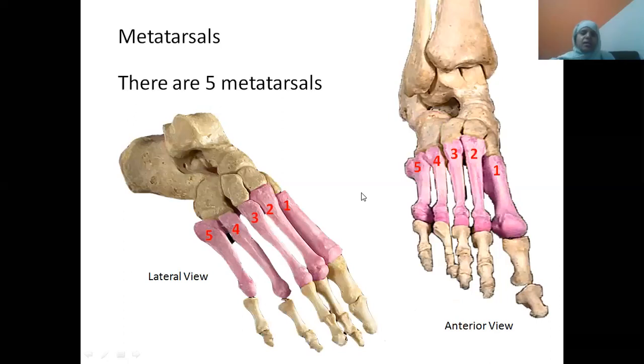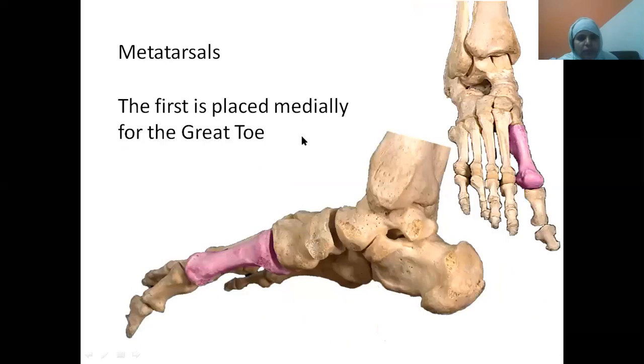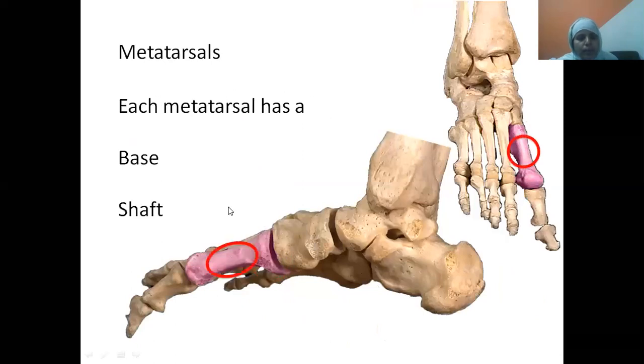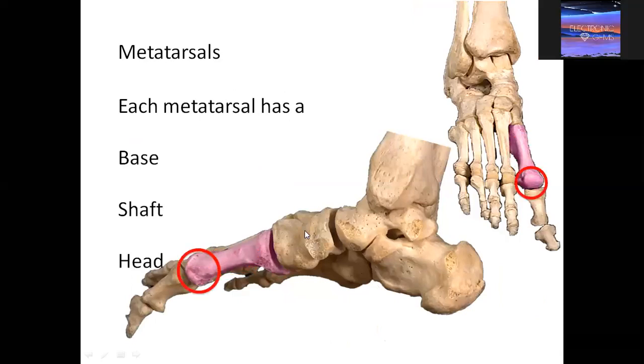Fourth and fifth metatarsals. When you look at the metatarsals, each metatarsal will have a base, then a shaft, and then a head. The head is articulating with the base of the proximal phalanx. All these bones are short long bones, beta. That means they are long bones only, but small in size. Long bone because they have the feature of upper end, lower end, and shaft. Okay, that is it. See, it has base, it has shaft, it has head. The base is articulating with tarsal bones, isn't it?